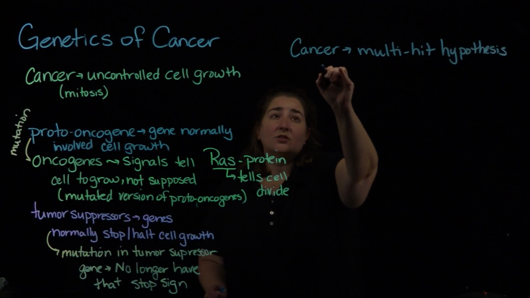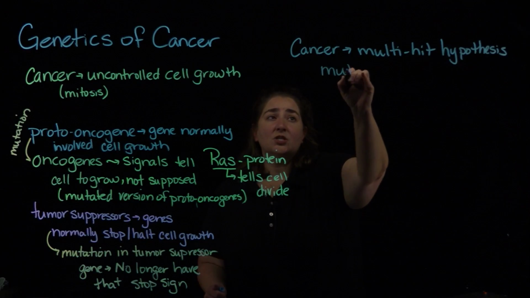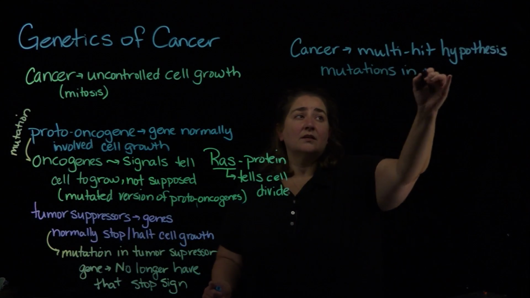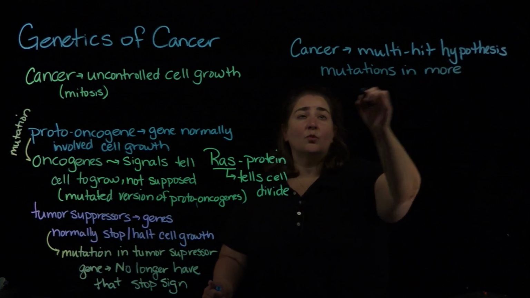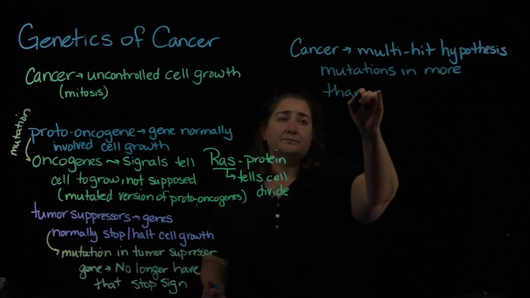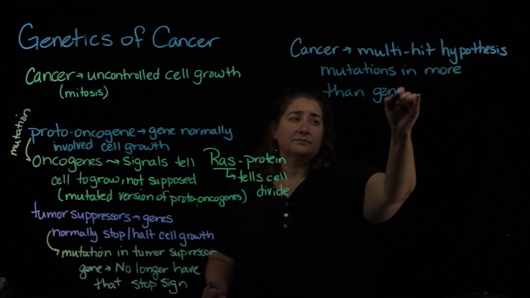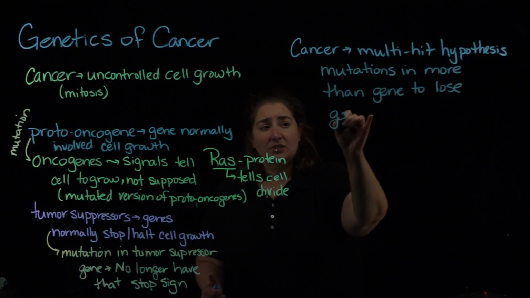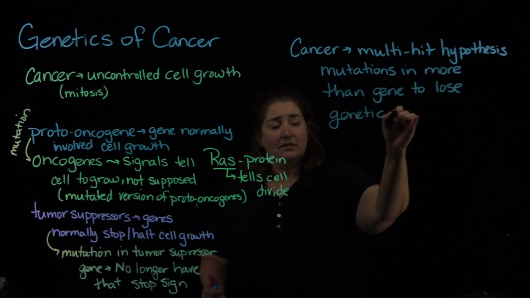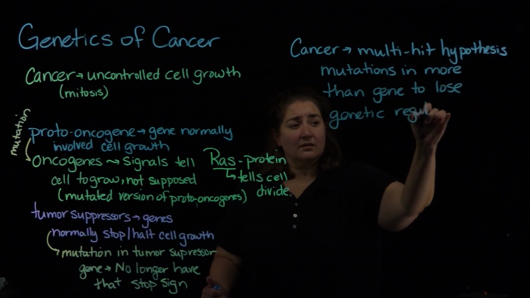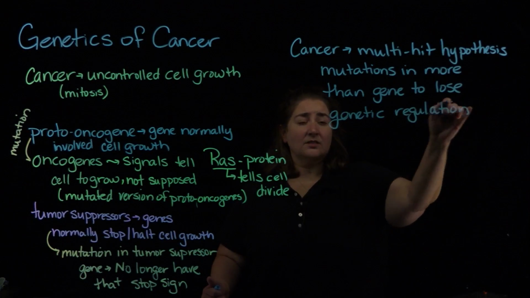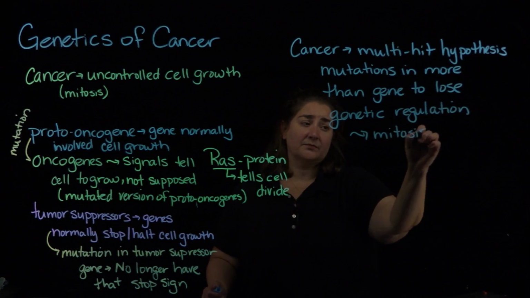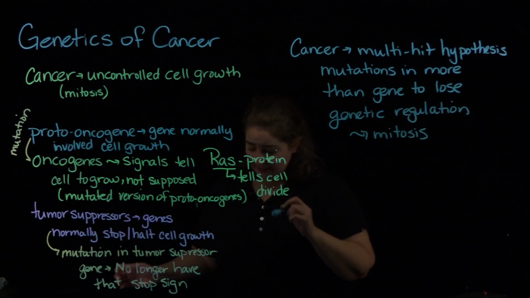Which means you have to have mutations in more than one gene to lose the genetic regulation that's associated with the cellular process of mitosis. So that multi-hit